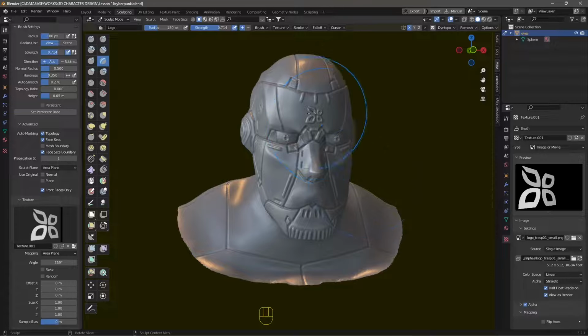In this video, we will proceed with our sculpting in Blender using images, which we also call textures or alphas in particular. So we started to experiment with different settings using the different brushes, so using different textures, but also changing the stroke type. And you can see here I've applied a logo on the forehead of this kind of robot or cyborg